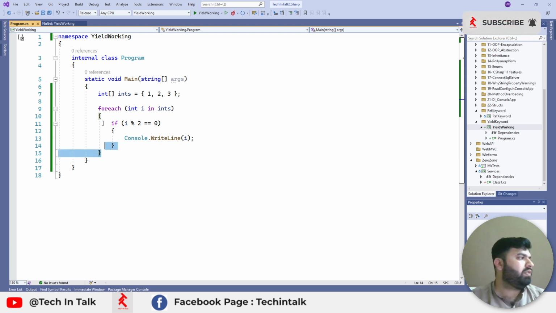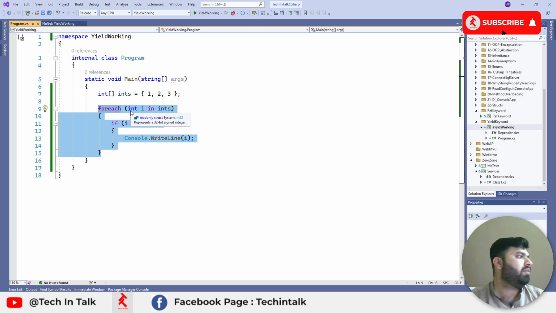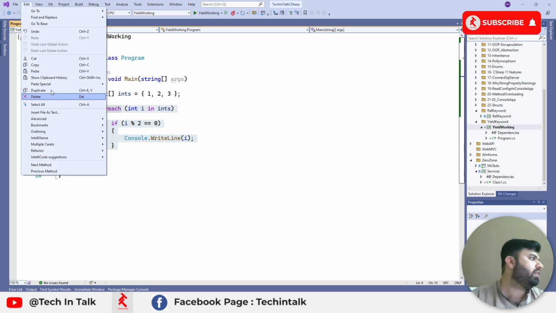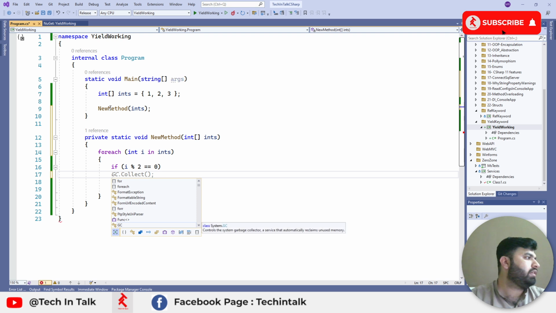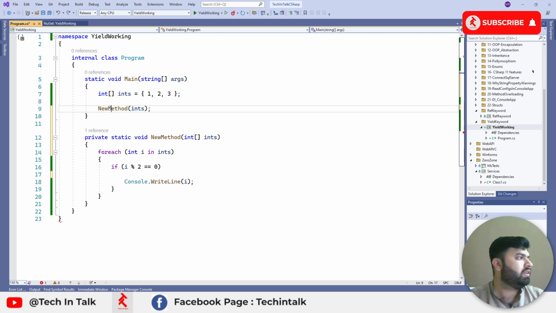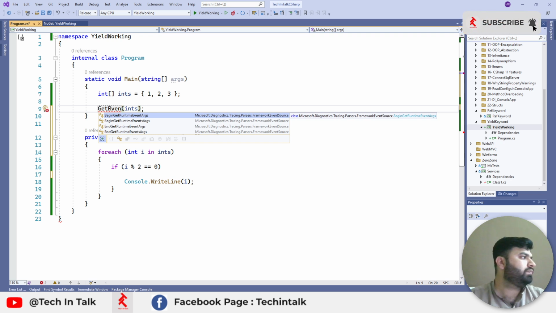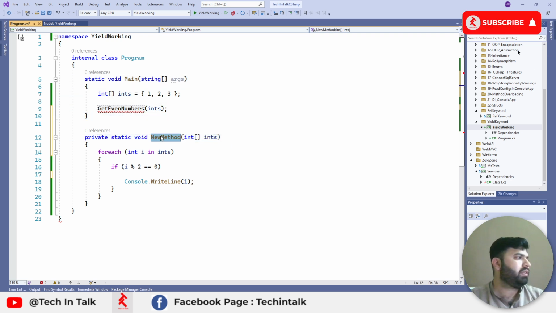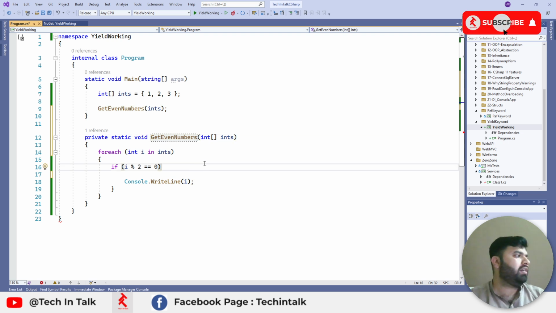And what if we want to return the results from a method? So what we can do is we can extract a method from this. What we can do is use the refactor extract method, and we can name this method, let's say, get even numbers, something like that, and we can rename that as well, get even numbers, right? Okay, the output will be the same, but